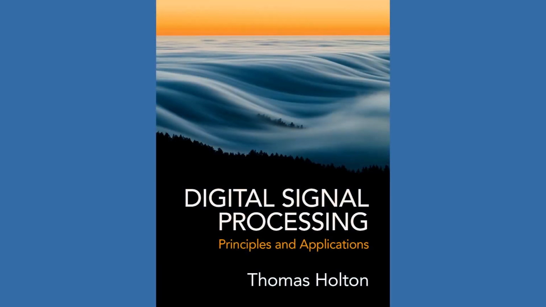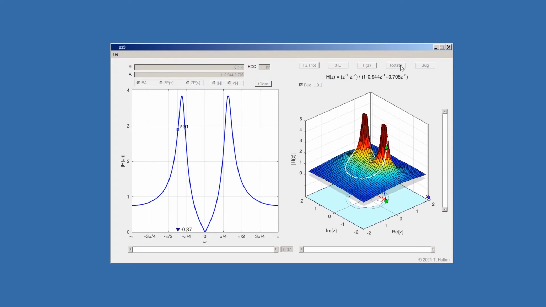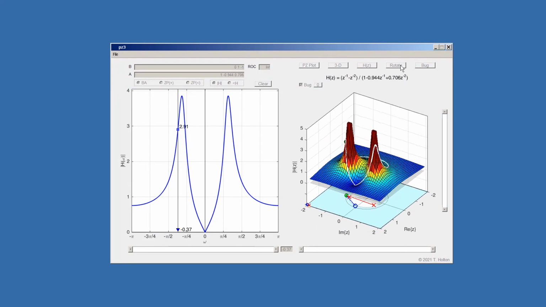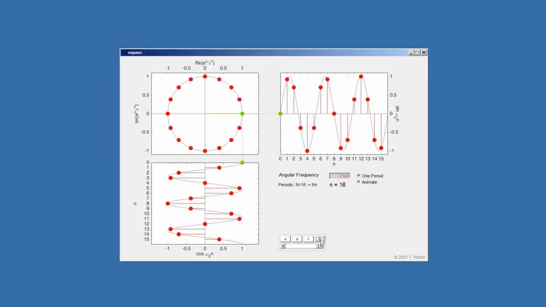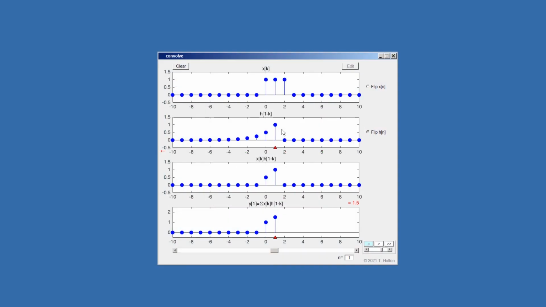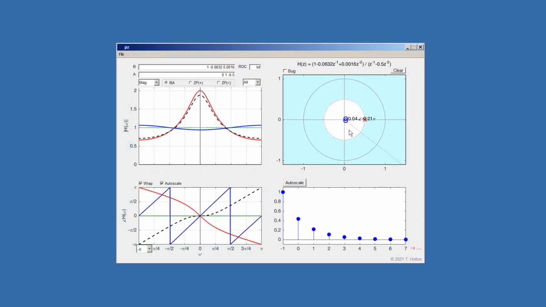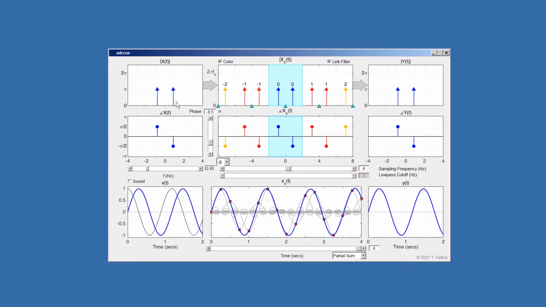This program is one of a suite of programs that I have developed to explain DSP concepts to my students during lectures. There are now well over 24 programs covering many aspects of the material in the book, including complex exponentials and sinusoids, convolution, the DTFT, pole zero plots and their relation to frequency and impulse response,